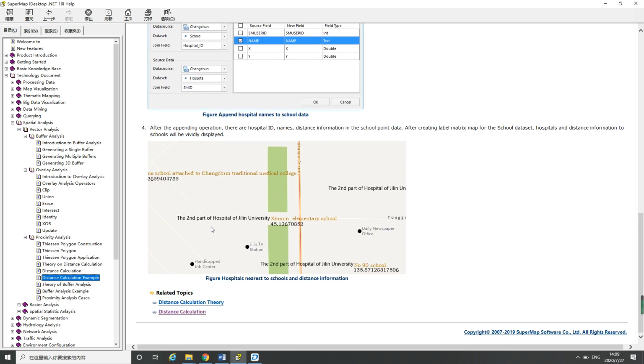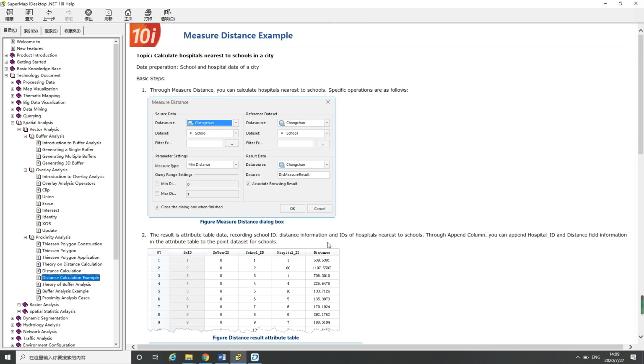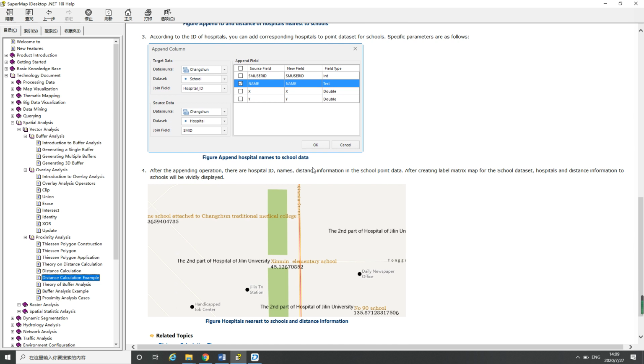Here we can find the two. We can calculate the two points' distance, and we can find the nearest position from you. Just like if you are in a school, you want to know where is your nearest hospital,